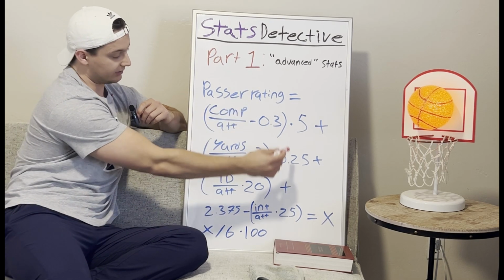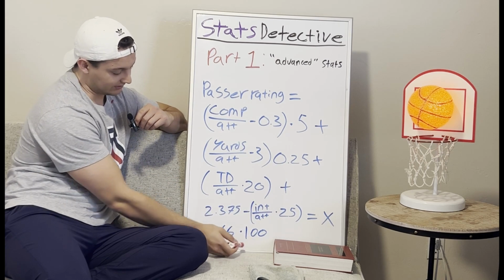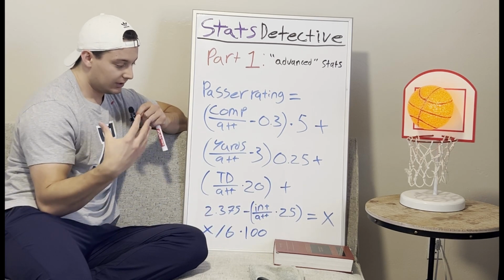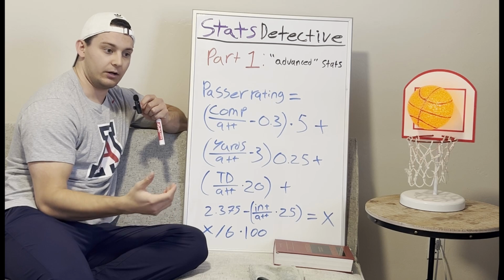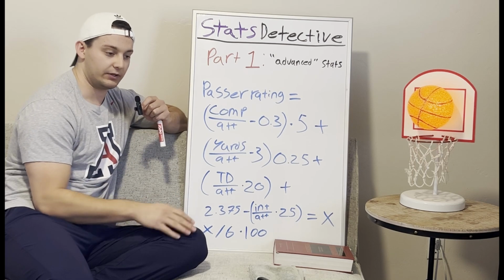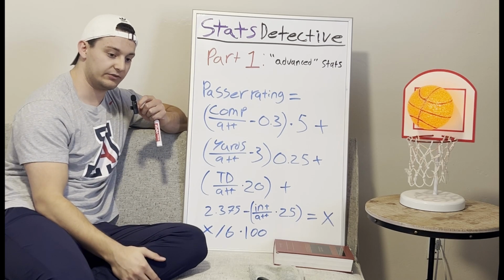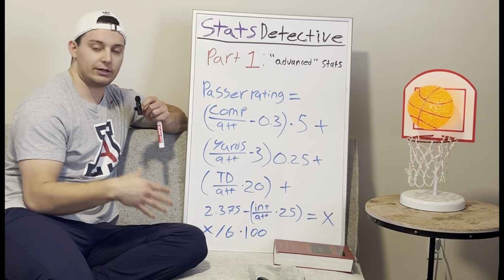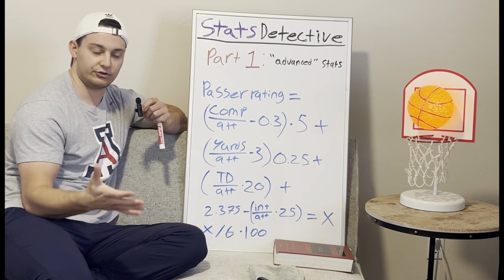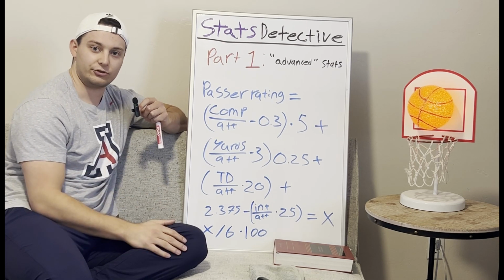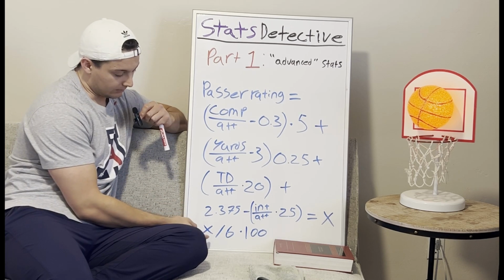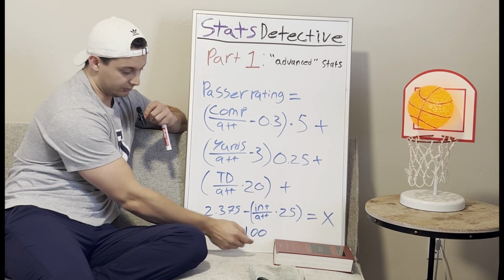So once you're done calculating this portion, you divide by 6 and multiply by 100. That's just a way to normalize so that we have numbers that fall within a certain range. So I think QBR goes up to 158.3. And so this is just so that you can compare, like, a score of 100 to a score of 102. It just makes it a tiny bit easier to interpret. Otherwise, you'd be getting a lot smaller scores. That's why you multiply by 100 here.